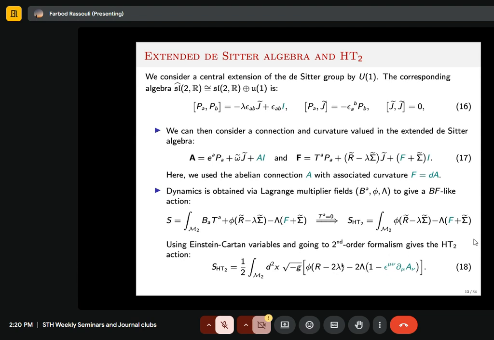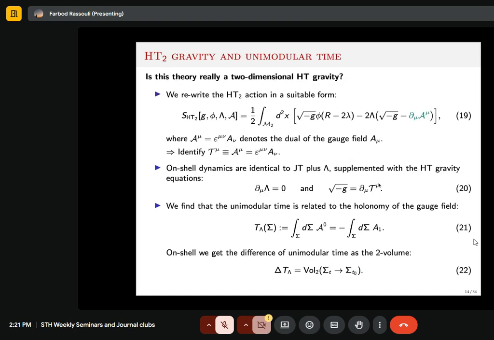Because you can see lambda is under phi here, little lambda. But we need actually for unimodular as well lambda to be free. So for that reason, 18 basically gives you correctly the unimodular gravity. And now we're going to ask, is equation 18 unimodular gravity? That's our question that we're going to double check. So let's double check. And what we're going to see is that